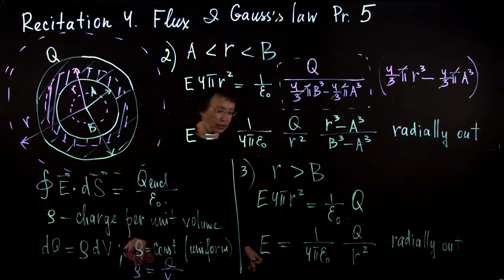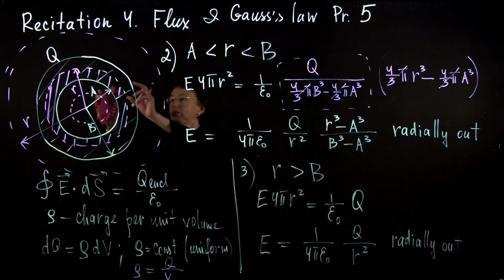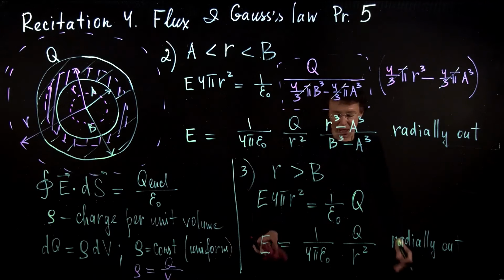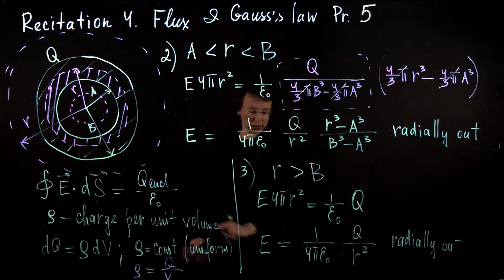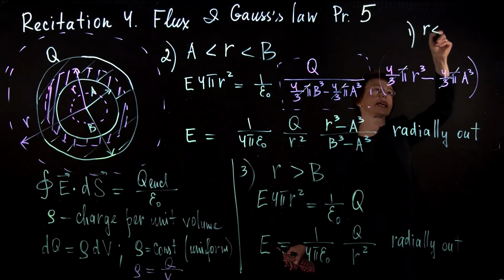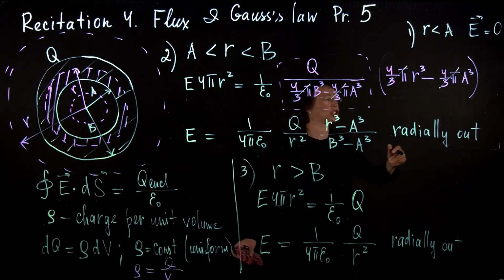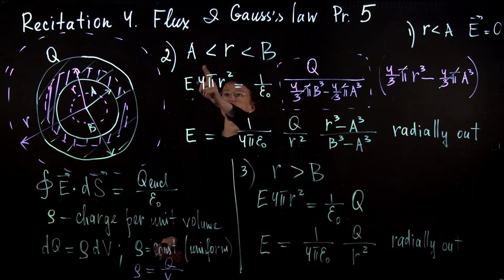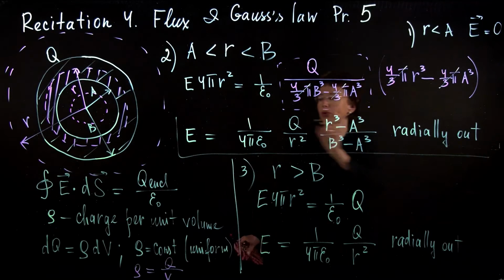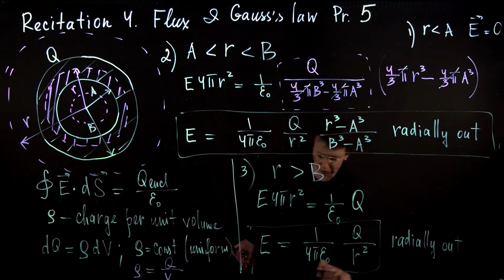So we found the electric field everywhere, and from outside, the electric field created by this uniformly charged insulating sphere looks exactly the same as a point charge that I put at the center. So I will write the answer that I derived. For R less than A, the electric field was 0 because the charge enclosed was 0. For R between A and B, this is the electric field that we found. And for R greater than B, this is the electric field.